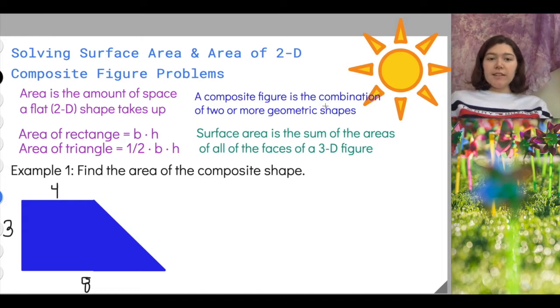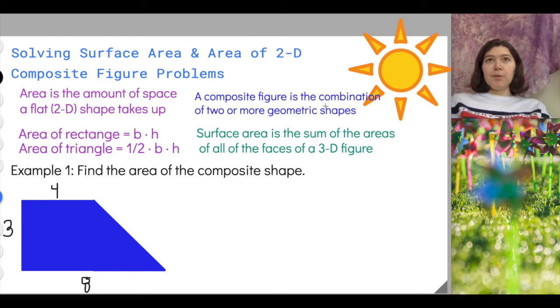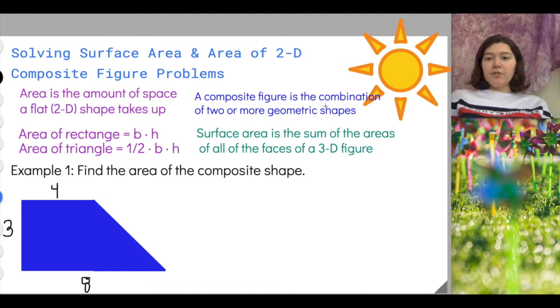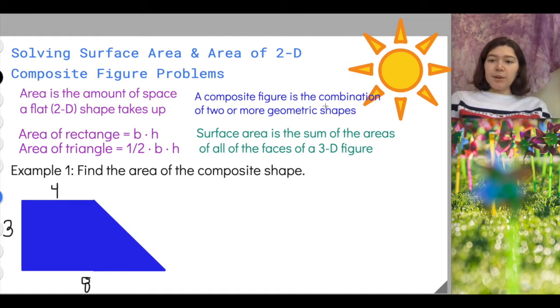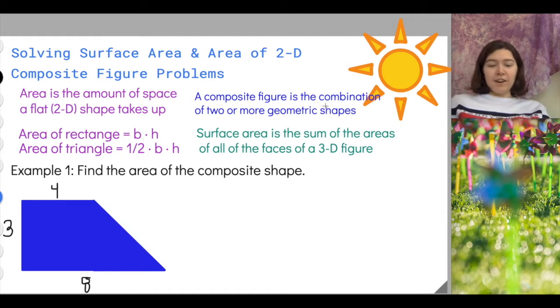So surface area is related to area, but it's actually referring to the sum of the areas of all the faces of 3D figures. So if you have a rectangular prism, for example, or a pyramid, you can find the surface area of that 3-dimensional figure by finding the areas of each of the faces, right? So that's like each of the sides of the figure, and then adding those up. So finding the surface area of 3-dimensional figures and the area of composite figures ends up being very, very similar